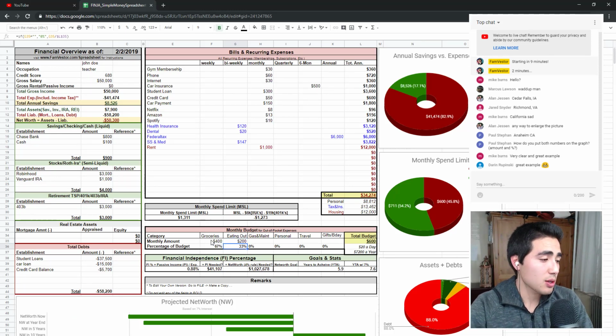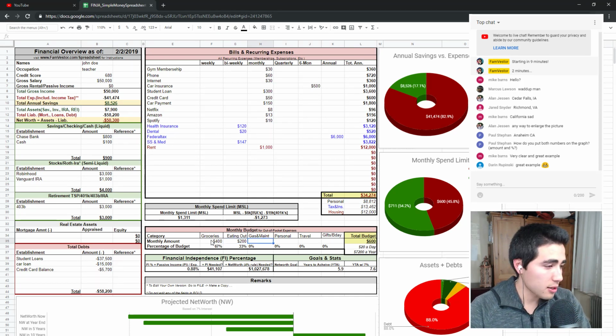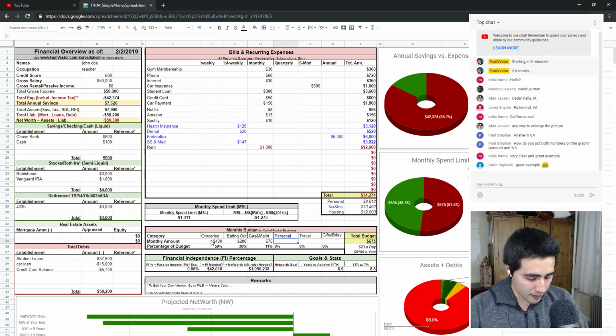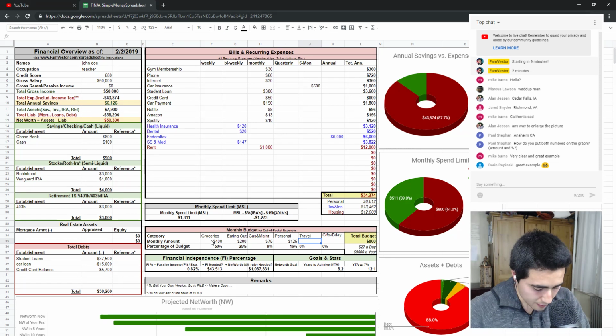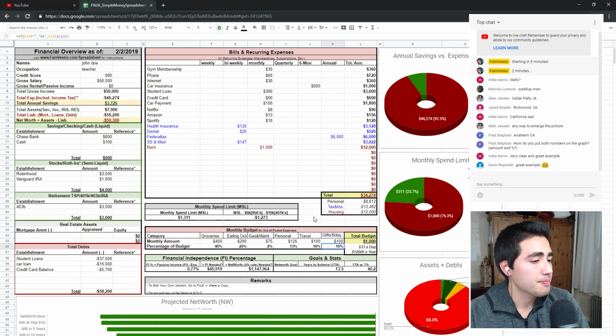Let's say he loves to eat out, so we'll put it a little higher at $200, which isn't crazy, but we'll give him $200. And let's say gas, he has that Yaris. It's fuel efficient, 40 miles per gallon. I love my Yaris. And he spends $75 a month. And then on personal, he gives himself a $125 a month budget. And then travel, he loves to travel, so $100, which is $1,200 a year. Not that much, actually. And then he gives himself a $100 budget to give people gifts and things. And then you can see quickly that his savings rate just really diminished here, 92%, and he's only saving $3,000 a year. His negative net worth is now very, very slowly, almost not progressing at all.